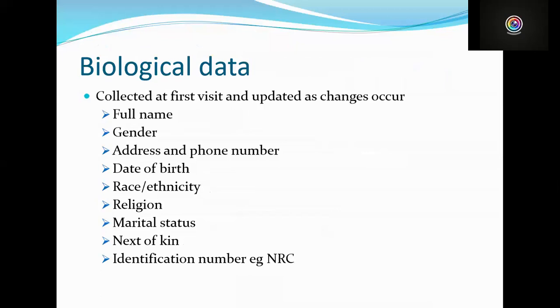So we had started looking at the first component, which is the biological data, and I was talking about ethnicity, the race. This is critical because there are certain conditions that may be common among certain races. For instance, sickle cell anemia may be more common among those races that live along the Great Rift Valley, and among those races coming from places where malaria is predominant, because sickle cell anemia actually came as an evolutionary adaptation to malaria,